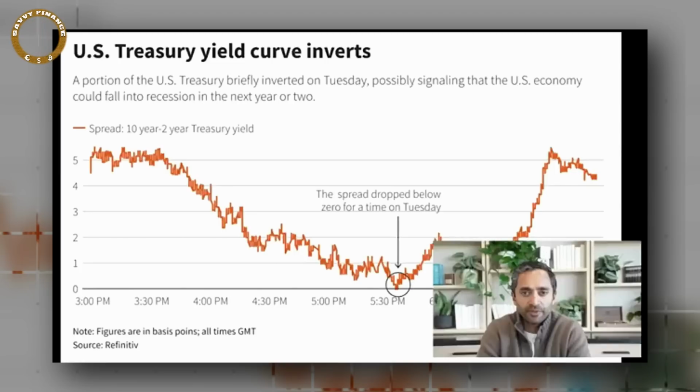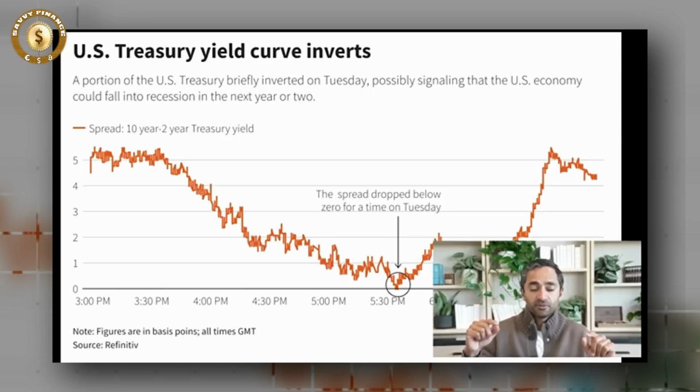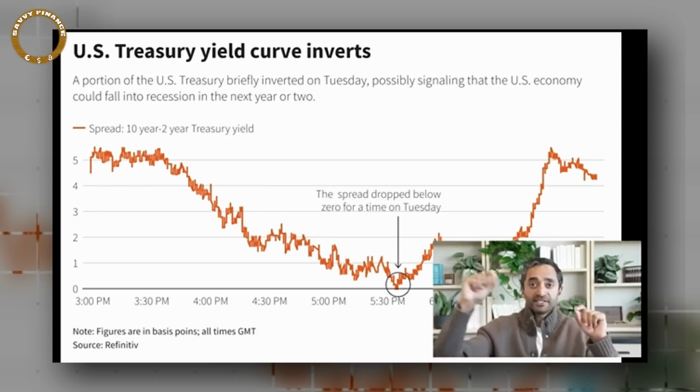Well, I think people were talking about it. The reason they were is that they believe that it predicts a recession. And specifically what they look at is the interest rate on a 2-year bond and an interest rate on a 10-year bond, and you subtract one from the other. And when it inverts, what it means is that, typically in a healthy economy, you want rising interest rates over a long period of time.